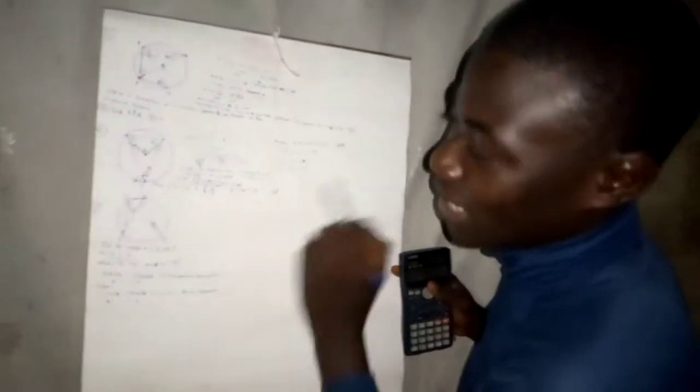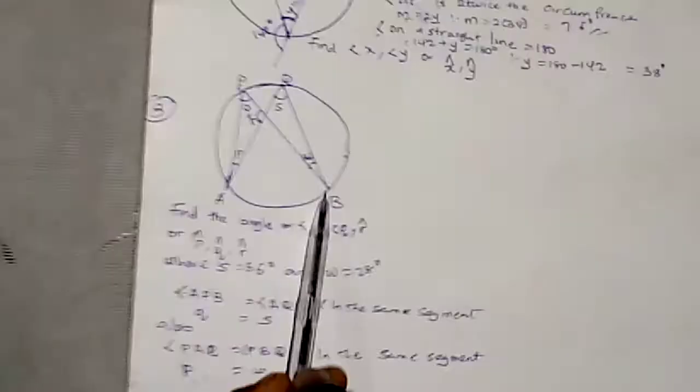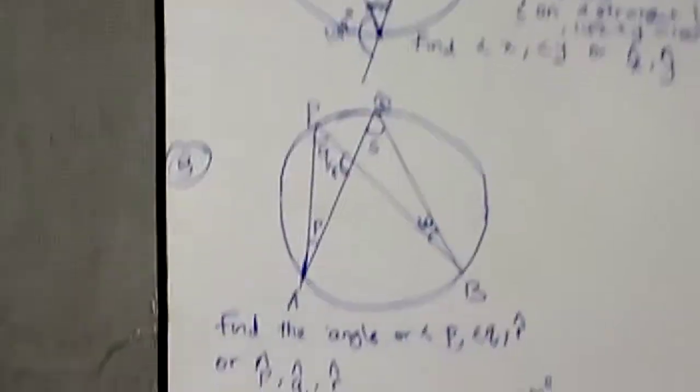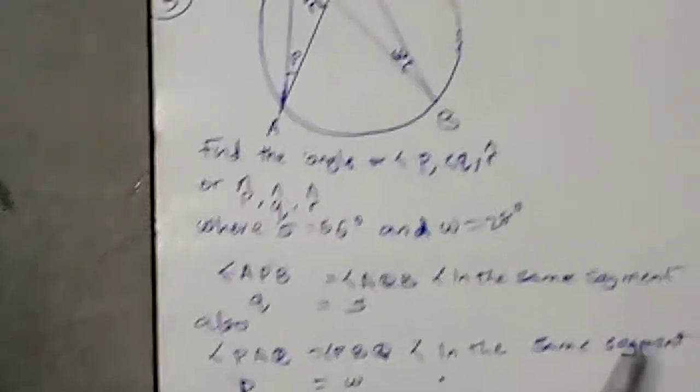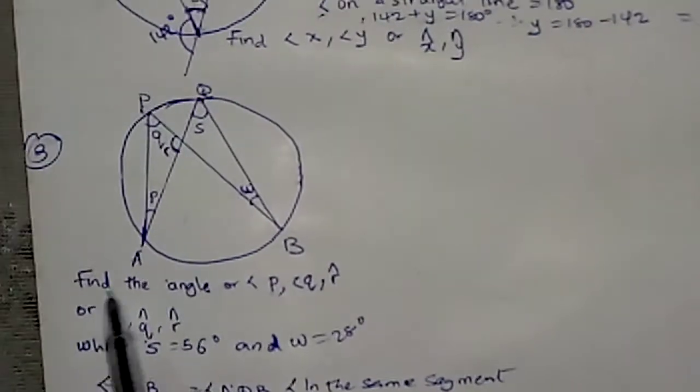The third question, looking at this, I hope you guys can identify this. This is angle in the same segment. This angle APQ. As you are seeing the question, you must know that angle in the same segment is needed there. So they said we should look for QXW. Okay, looking at the question, find the angle,